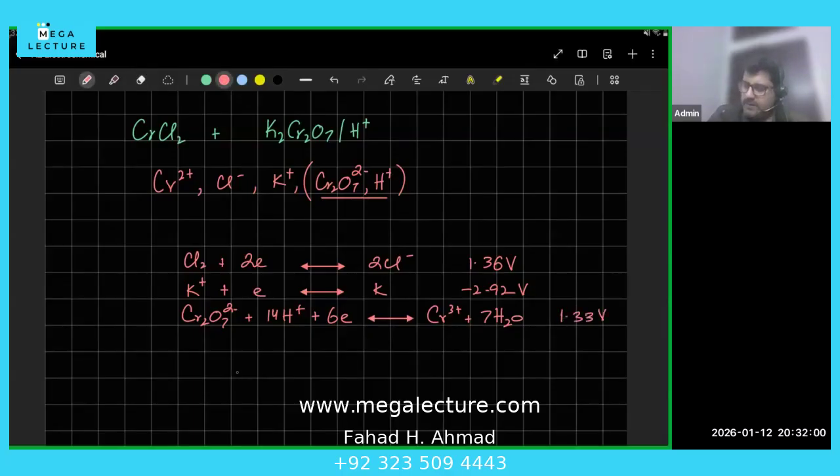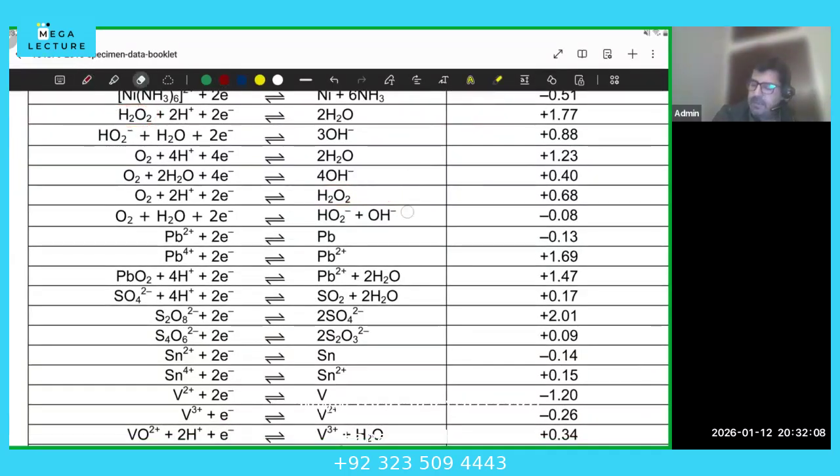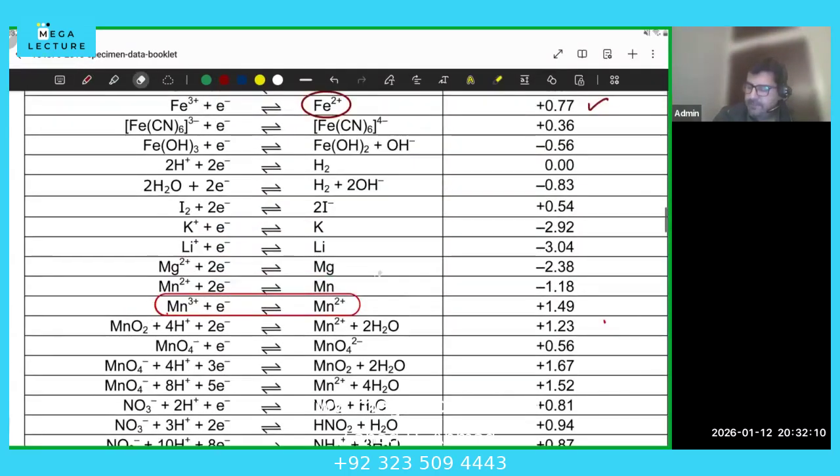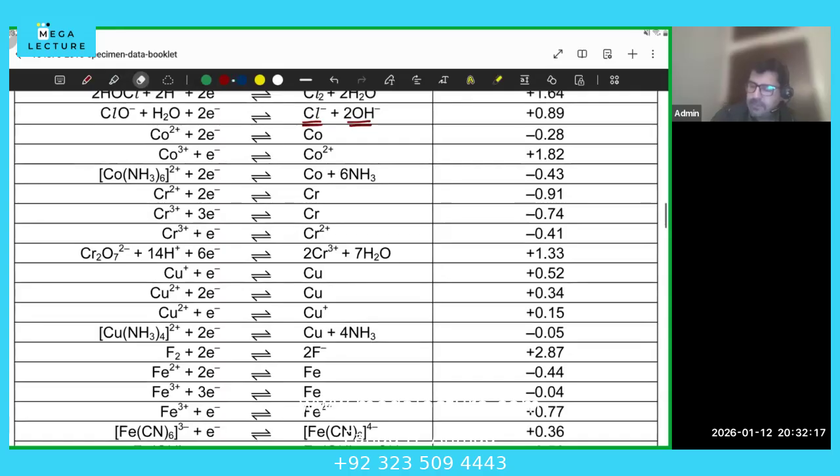अच्छा, then you have अब मैं वो खोल रहा हूँ Cr2O7. So now I'm going to pick all the other equations from here. अच्छा, so I have Cr2 plus. Okay, this is in alphabetical order. Although आप लोगों का तो questions आप printed होगा. अच्छा, for Cr2 plus, I've got this reaction. ठीक है, Cr2 plus with Cr, and this Cr2 plus with Cr3 plus. So there are two reactions, minus 0.41 and minus 0.91.